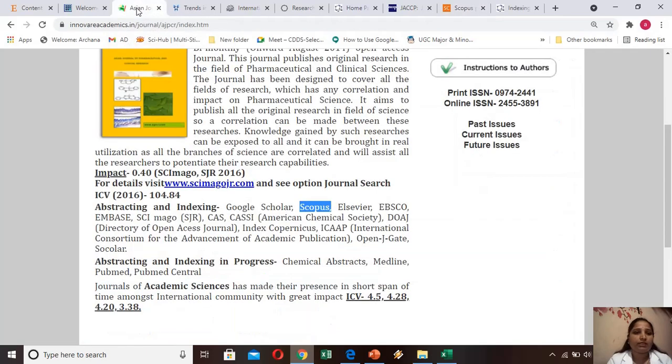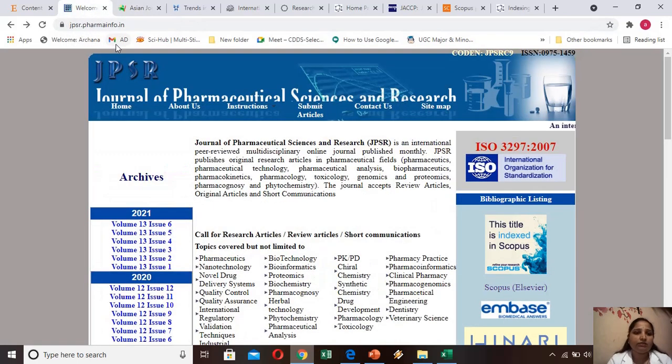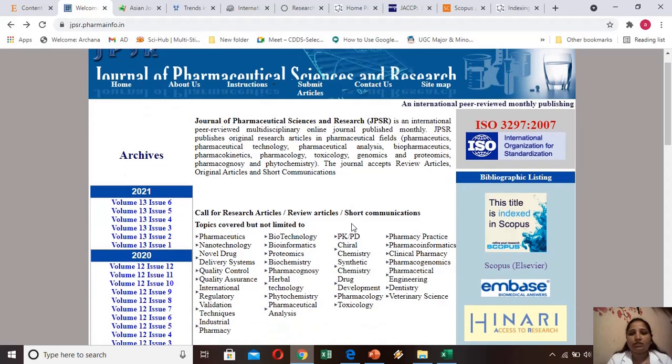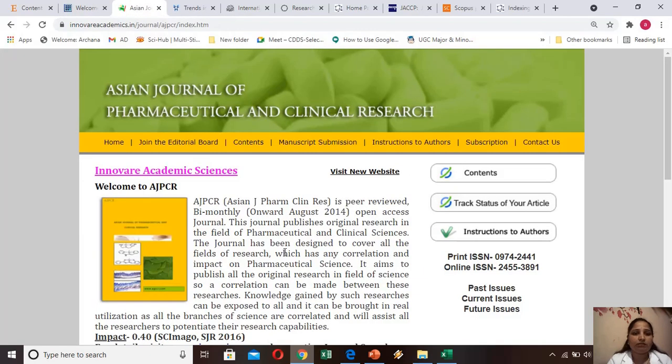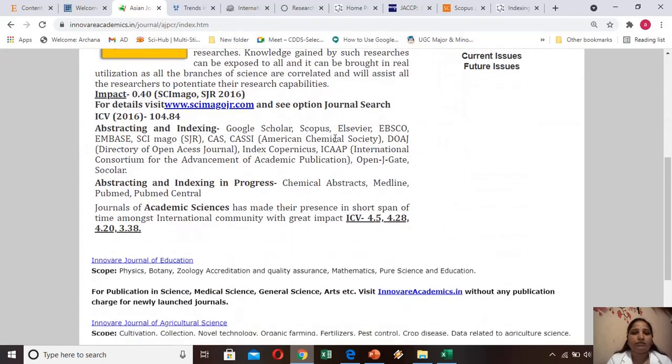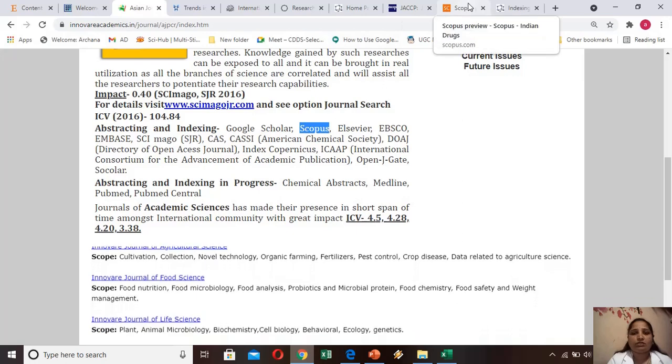For example, you can take the Asian Journal of Pharmaceutical and Clinical Research, or the Journal of Pharmaceutical Sciences and Research. You can see it is mentioned that they are indexed in Scopus. So we will cross-check it.